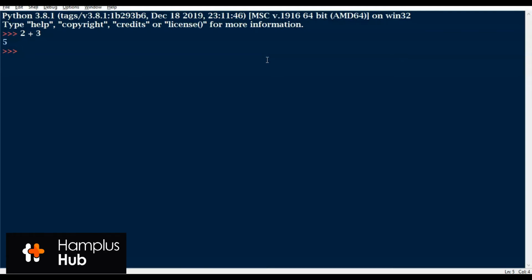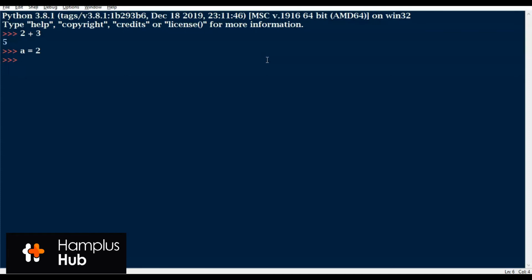So we can say A equals 2. Like you that is conversant with Java, you will note that in Java you cannot declare a variable without specifying the data type. But in Python, you can declare a variable without specifying the data type. Python will automatically detect the data type for you. So there is no need for specification of data type in declaration of variable in Python.